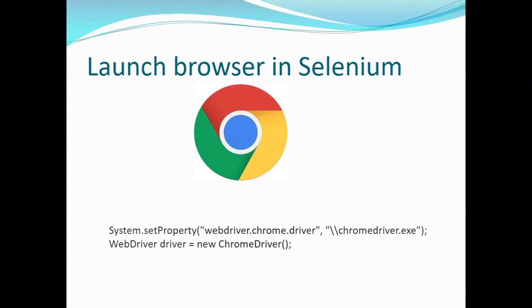And in Selenium, for invoking or launching a browser, we have an interface called WebDriver. So this is the interface and we need to create an object for this interface based on the browser we want to use, so that Selenium will launch the browser. And before creating the object of the driver, the other step we need to do is set the system property for the browser driver we are going to use.